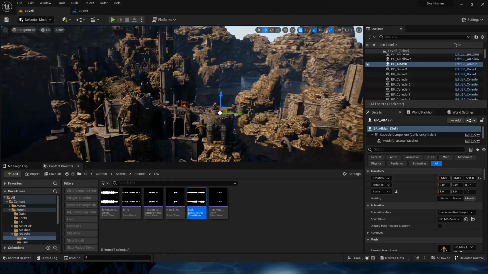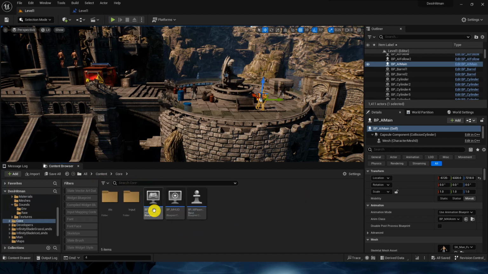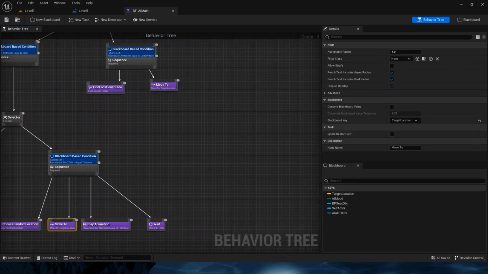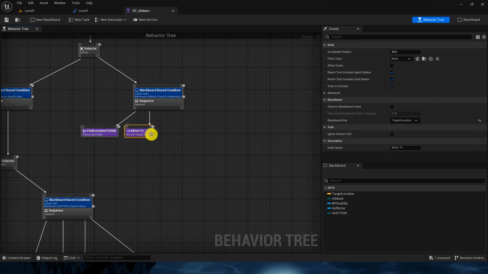Next thing is, right now we are not finishing the game. So there are two things. As soon as the player is hiding behind the wall, if you go into the core AI and check the brain in AI main, we are moving to the target location. For hide, the AI will hide and he will move to the target location. But after some time, I will give the player some time, and after that the AI will say, okay, this game is over because the time is up.